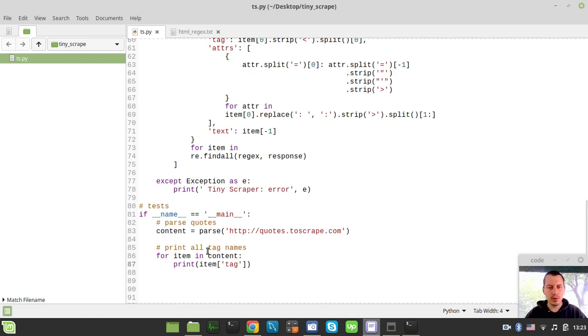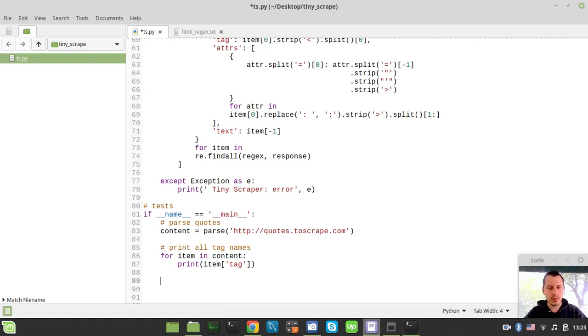Okay, and now print all, so what else? All attributes, right? Print all tag attributes. So for item in content, and now